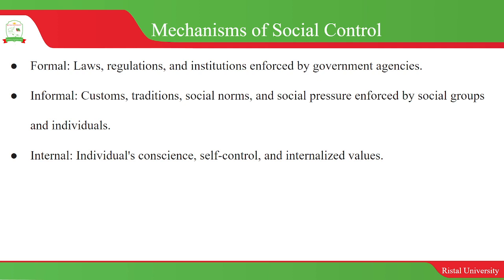So your conscience tells you ABCD, and then you exercise self-control. You get into situations where you are not likely to be reprimanded for the act that you do, but you say no, I won't do that. For example, you are 50 years old, and you say no, I will never marry a girl who is 18 or 20, and that is your internal control.